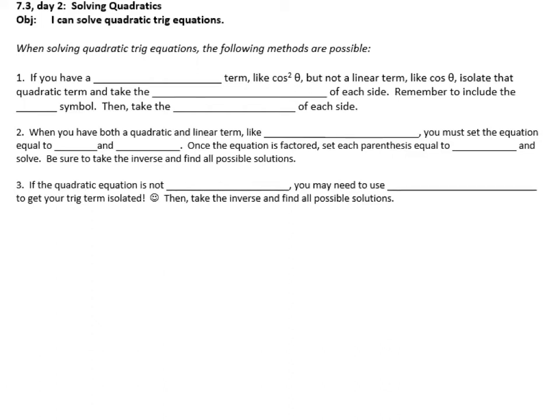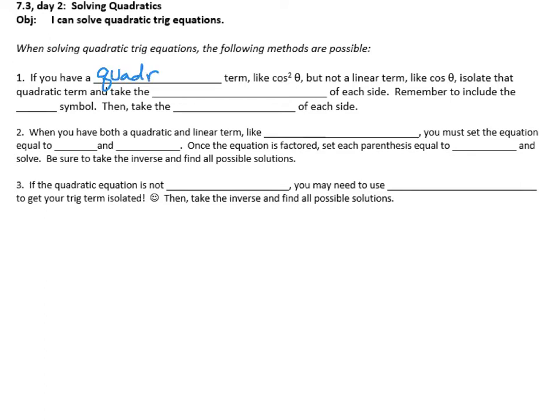Here we are with 7-3, day 2. Still solving trig equations. Remember our plan here is that each new lesson we add a new little wrinkle to it. And today